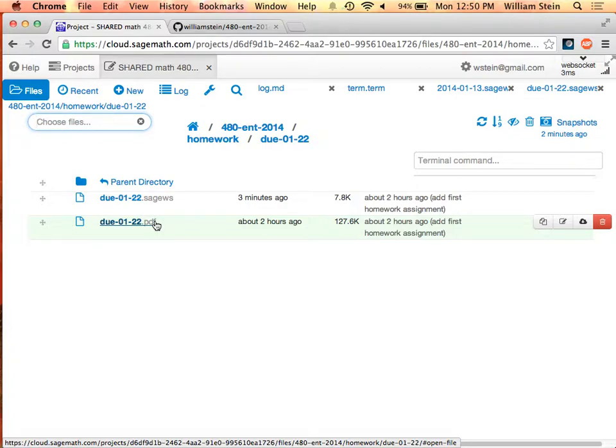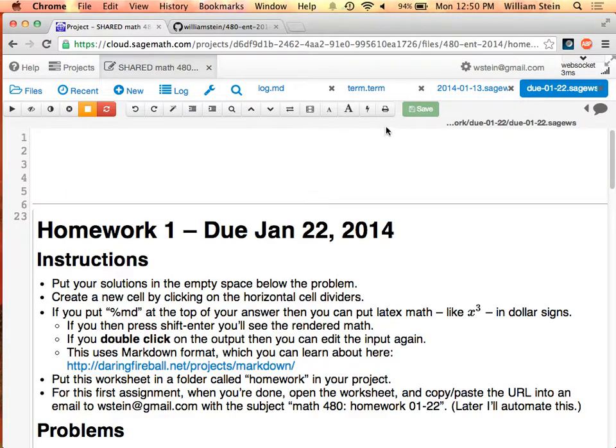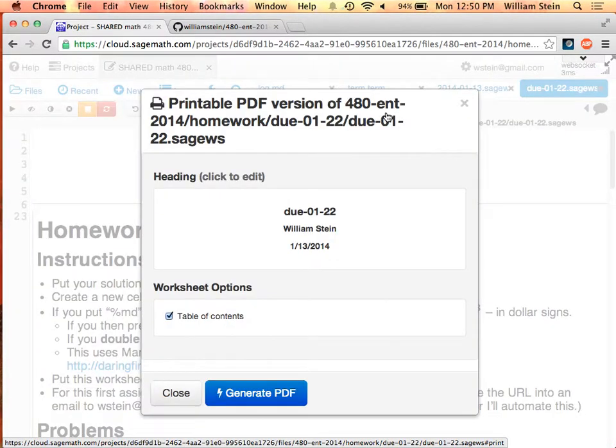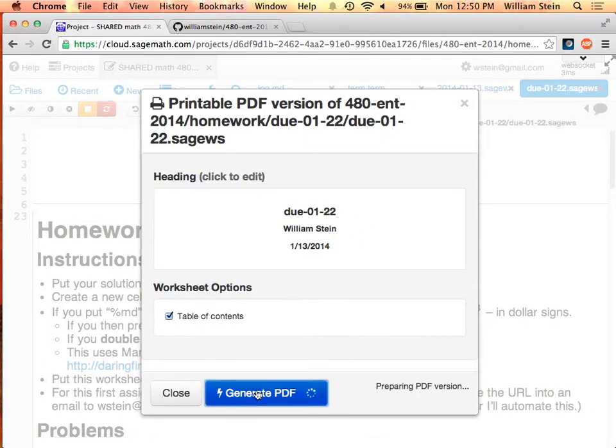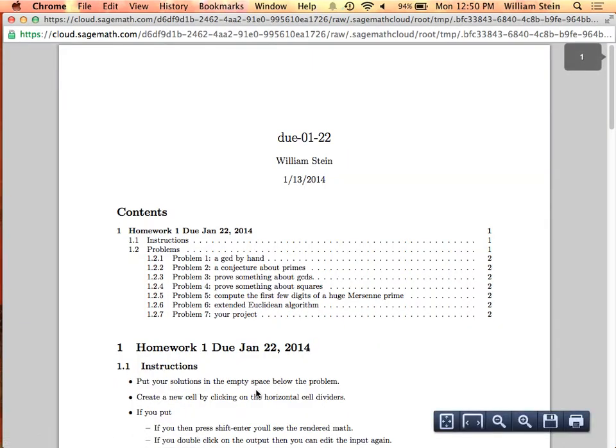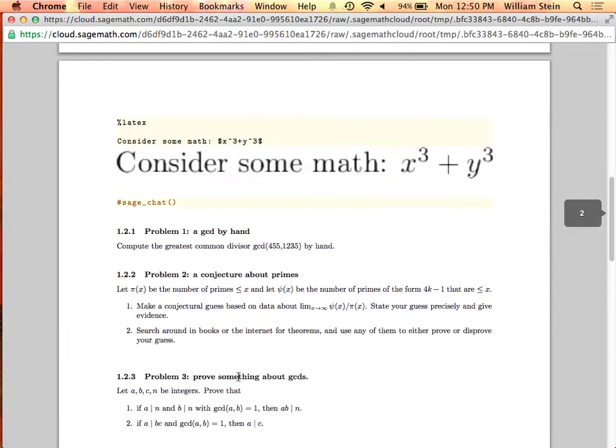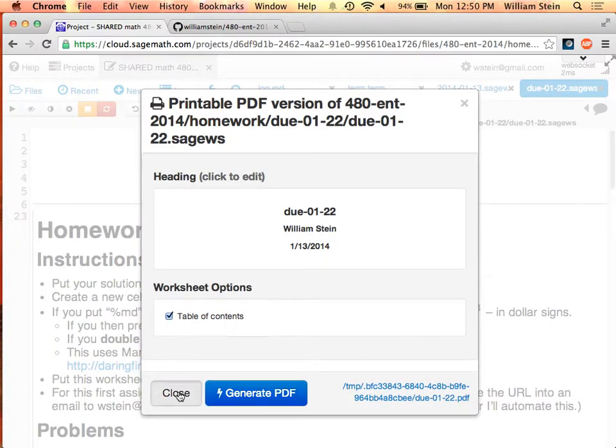homework as well. And in general with worksheets, if you do your homework and you're really paranoid that it's just going to disappear or that I'll never see it, you can click on the print button and that brings up this dialog. And then if you click on generate PDF, in a moment it'll pop up with the print version, which you can then send to a printer. Okay, and you can do that with any worksheet. And there you are. Apparently certain things look ugly, but